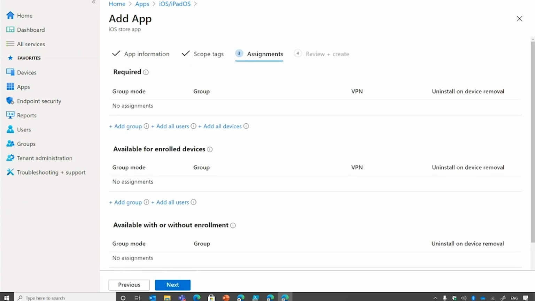Similarly, if we try to assign this app to Scotland doctors, it will error out. Also, we have another session about deploying Microsoft 365 mobile apps securely. So make sure you check that out for detailed information on this topic. Hence, in this scenario, we were able to use the power of scope tags to ensure visibility of the right objects only to the right users.